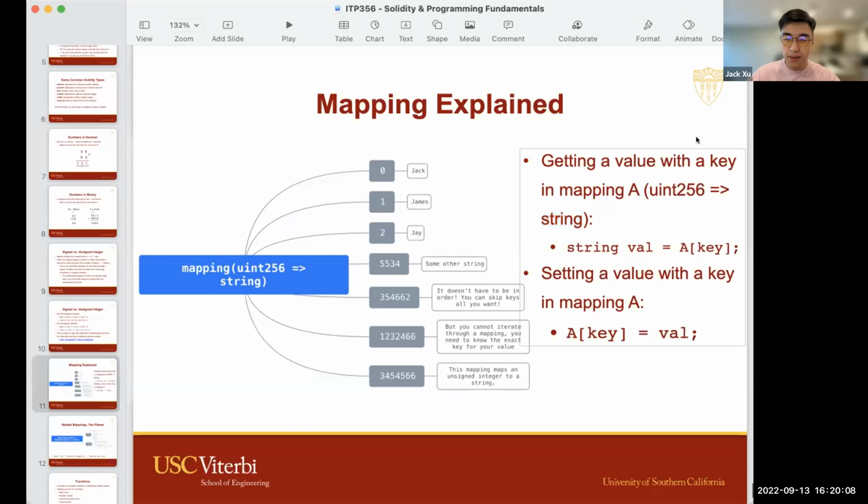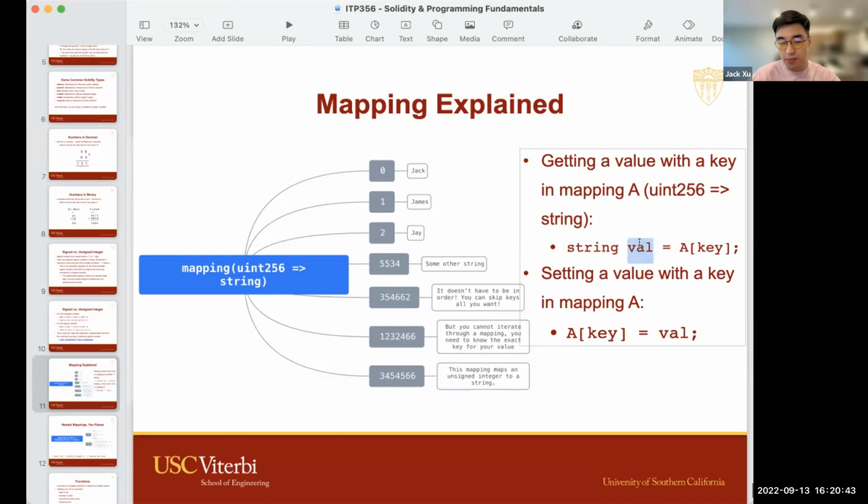Given a key, some value that we already know that we're trying to plug into the equation, which is the gray numbers on the left side, the way to get the string on the right side is by doing this: string val. That's just the name of the variable that I choose to store the value in. You can name it string name, string ABC, whatever. The variable name doesn't matter, but it should be intuitive, because you'll have to understand it later on.